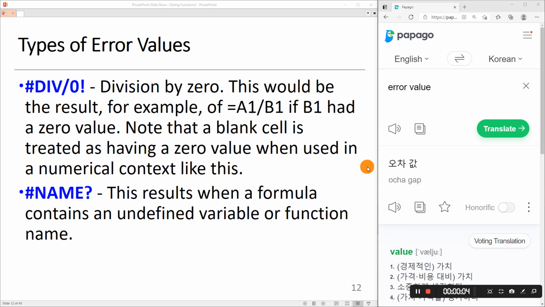So here the types of error values are listed. First of all, we may have such kind of error in Excel. The name is division by zero. So if you divide by zero, for example, A1 is, let's say, 1, B1 is 0, then you will have such error. So the next error is called name, and it results when a formula contains an undefined variable or